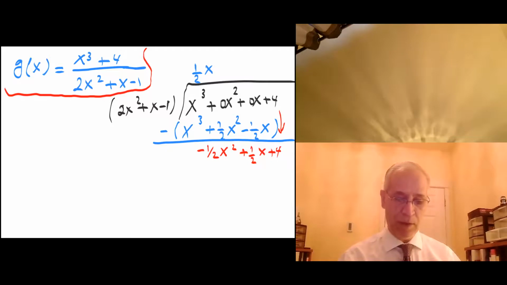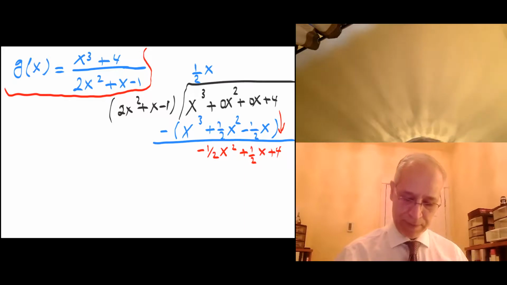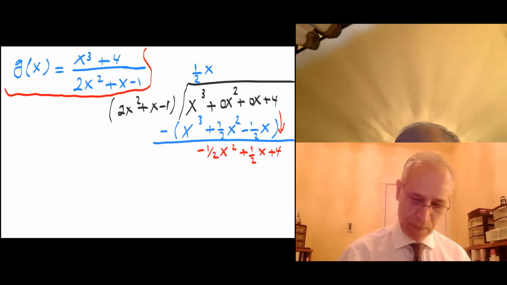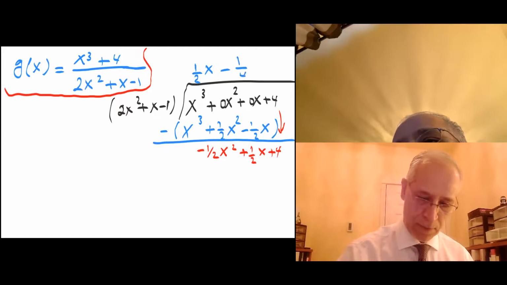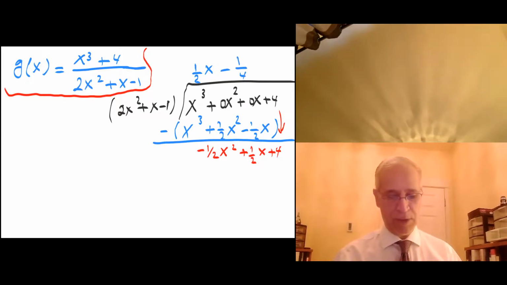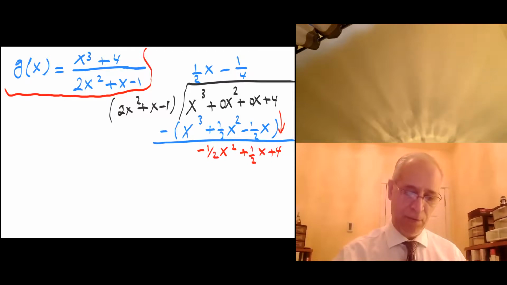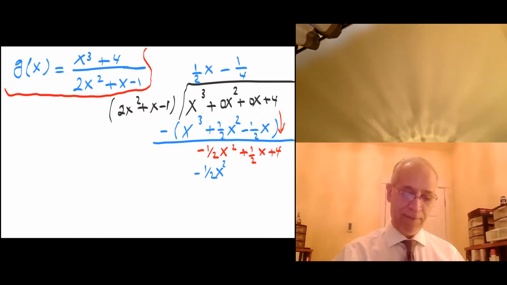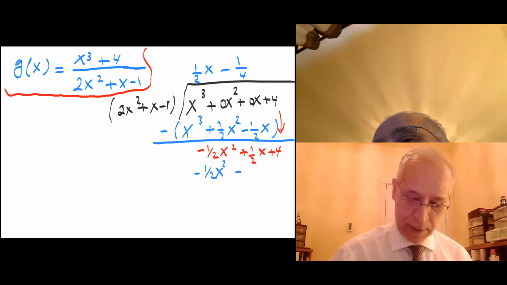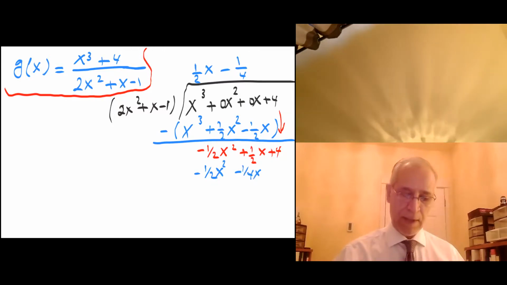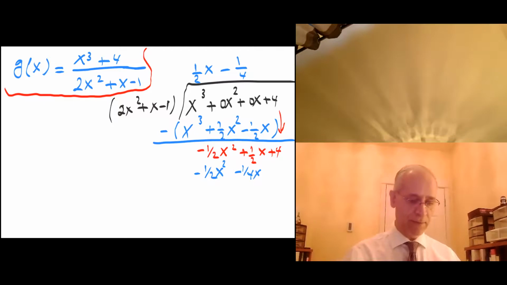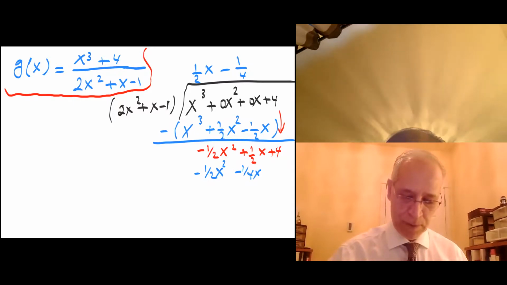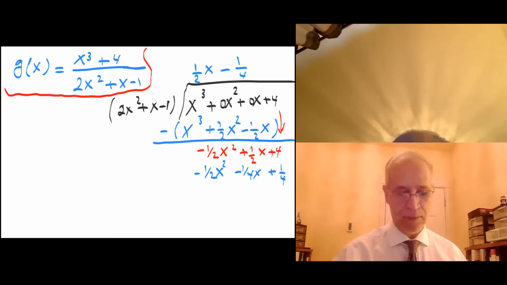Now what do I need? Now I'm going to put -1/4 in here. -1/4 times 2x to the second gives me -1/2 x to the second. Then I have -1/4 x, and then I have +1/4 plus 1/4. Okay,